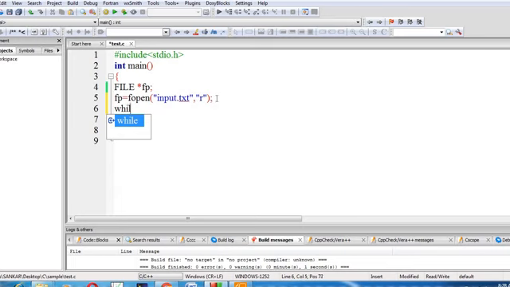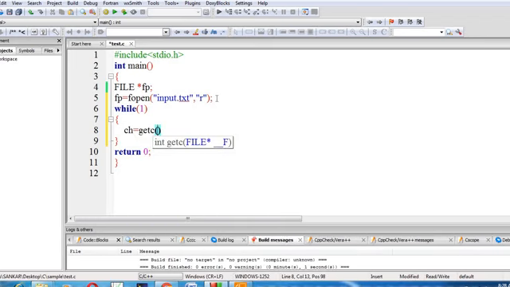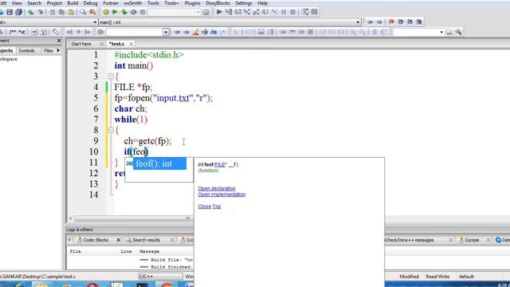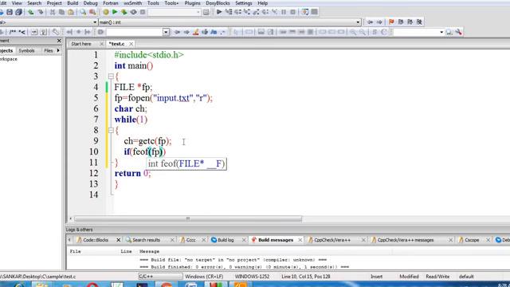Here I am going to use while. Here ch equal to getc of fp, where fp is the file pointer. We have to declare the variable ch with the character data type. Then we are going to check whether fp is at the end of the file or not, using feof of fp.